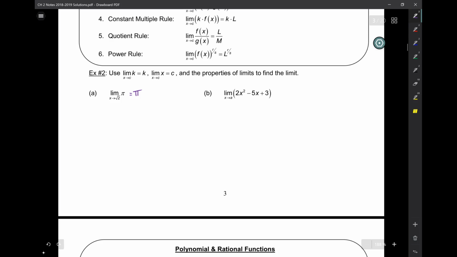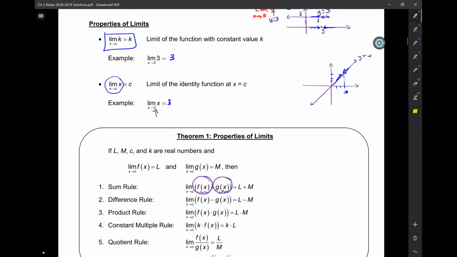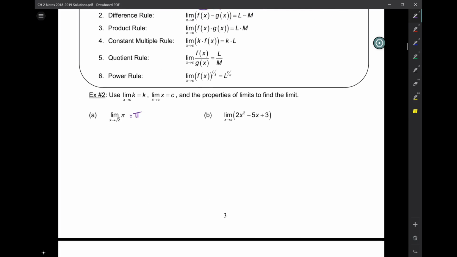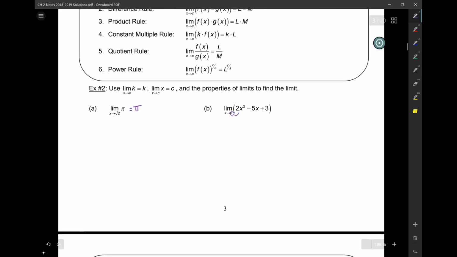Okay, here. The limit as x approaches a of this. So basically, just like we did here, where I could just plug in 3 for x, I could plug in a for each of these x's here. And so the limit would be 2a squared minus 5a plus 3. Okay. Questions? I think I'm gonna